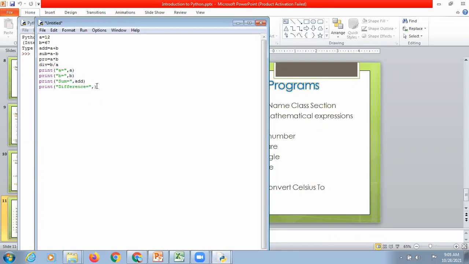Difference equals to, difference is stored in sub. Next is product. Product is stored in pro. Dividend, that is stored in div.